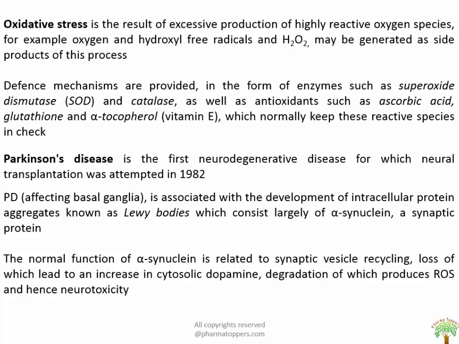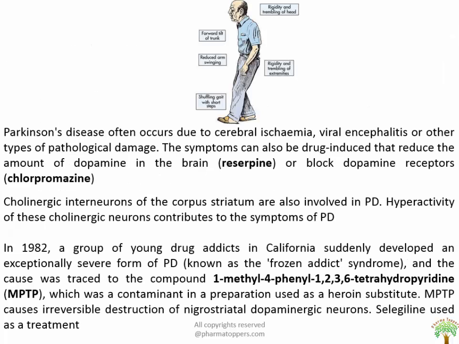Consistent with the alpha-synuclein hypothesis, it was also found that Parkin, which is also a protein, mutation of which leads to the intracellular degradation of the ROC protein and thus is involved in Parkinson disorder. So here you could see, friends, a man with Parkinson disorder having symptoms like forward tilt of trunk, reduced arm swinging, shuffling gait with short steps, rigidity and trembling of the extremities, and rigidity and immobility of the